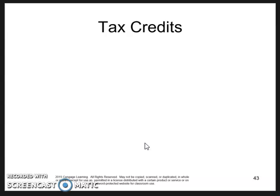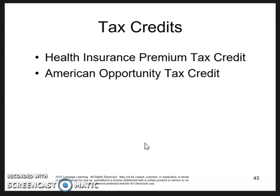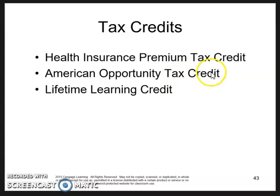So tax credits include the health insurance premium tax credit, American Opportunity Tax Credit, and Lifetime Learning Credit. Both of those are education based. I believe the American Opportunity Tax Credit applies to undergraduate education only, and then the Lifetime Learning Credit can be applied. I think it's a one-time thing. I believe either in undergrad or graduate school. Earned income tax credit